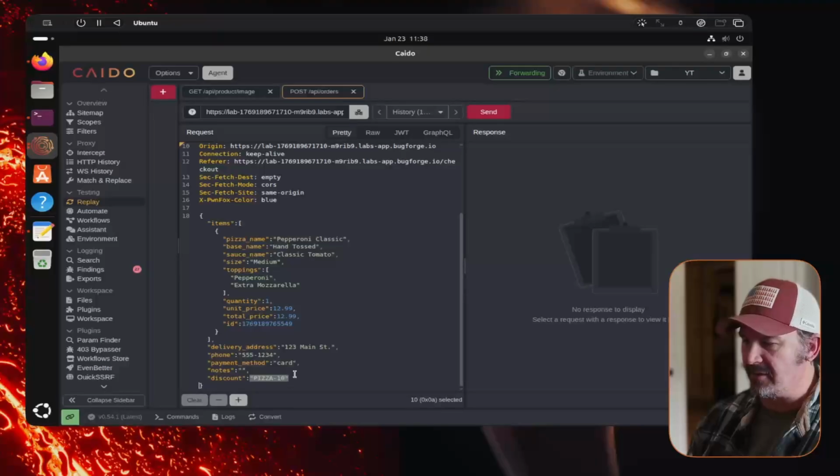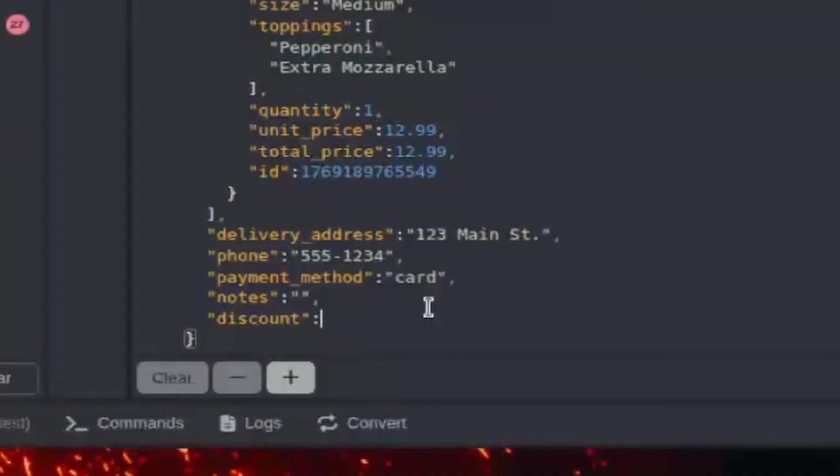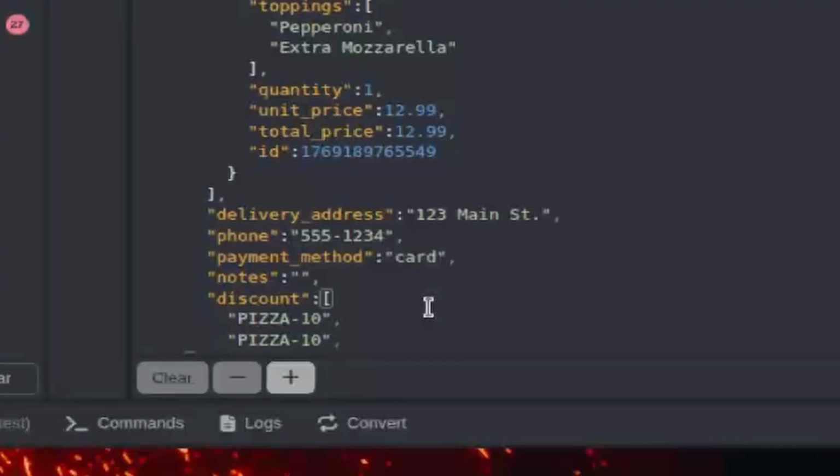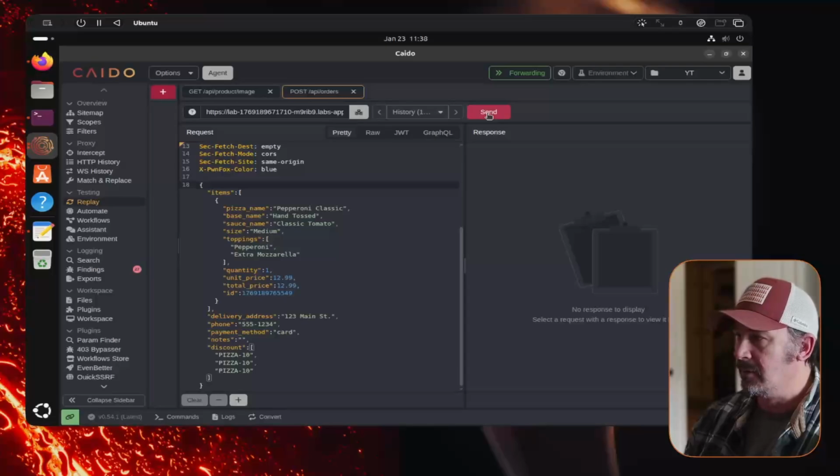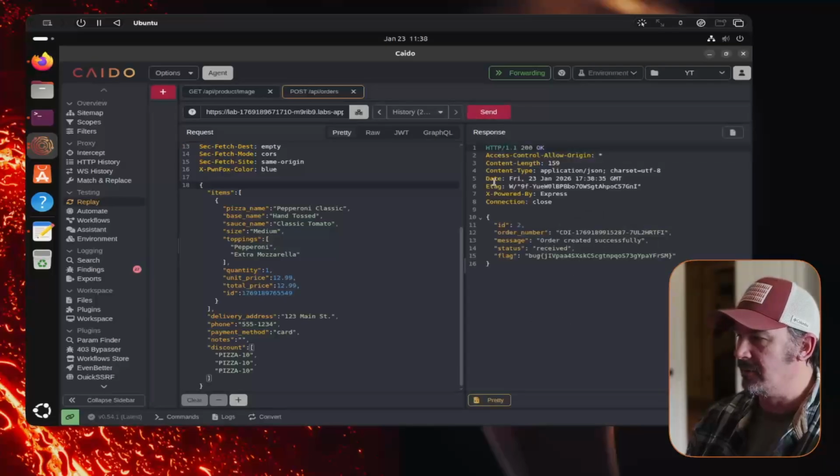I want to copy this, and instead of a string, I'm going to pass an array with multiple discount codes. For the sake of this demo, I'm just going to pass 3 and see if it works, and we'll go from there. So now if I send the checkout, we see that it did apply all 3 discount codes,